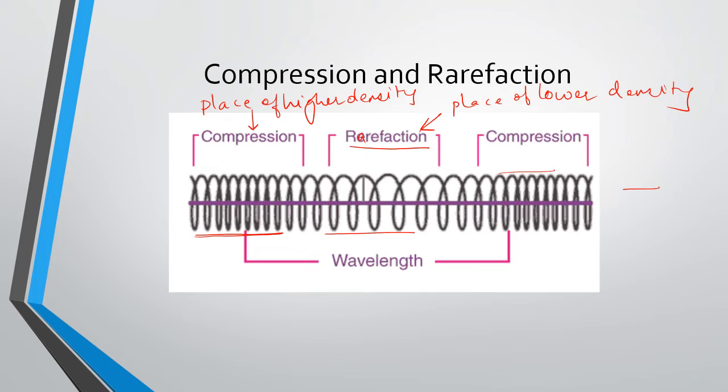This is how the longitudinal wave occurs, which, we said, is parallel to the propagation of the wave. The particles of the medium were moving in the direction parallel to the propagation of the wave. So you understood what compression and rarefaction are. When all the particles are together, that is the place of higher density, and that is compression. When the particles move apart again, that becomes a rarefaction, the place of lower density.